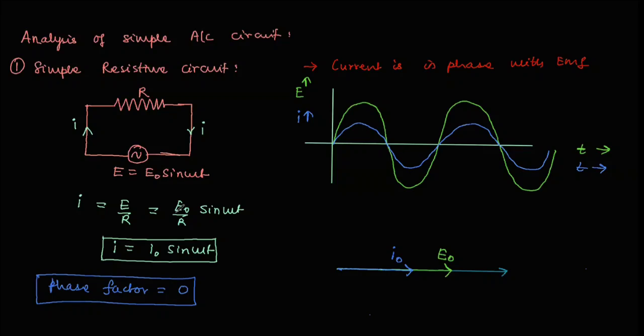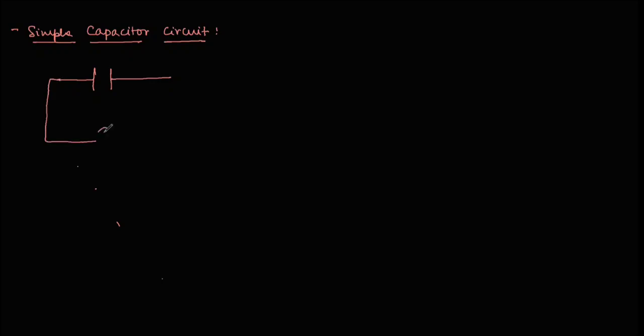In the next analysis, we are taking simple capacitive circuit. So in this case, we are only attaching a capacitor with a source of alternating voltage. Simple capacitor circuit or simple capacitive circuit. So one capacitor is connected to a source of alternating voltage,